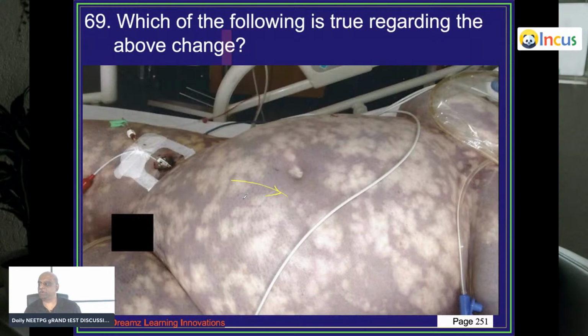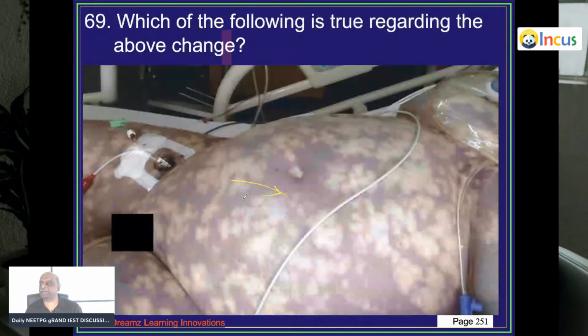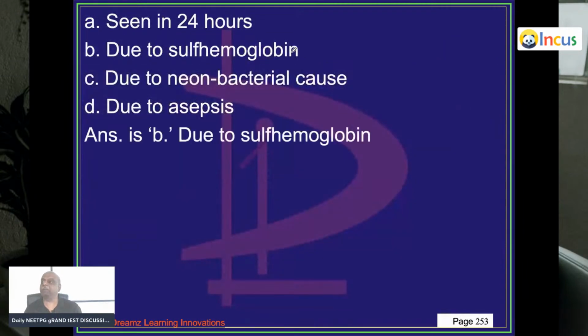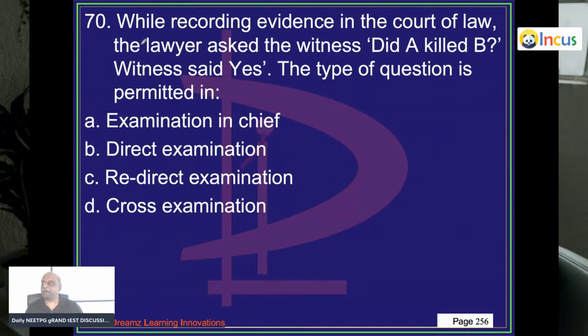Now, which of the following is true regarding this change? So, what is this change? Marbling of the skin. Marbling of the skin is because of sulfhemoglobin. It starts in 24 hours but is prominent in 36 to 48 hours. While recording evidence in court of law, the lawyer asked the witness, did A kill B? Witness said yes. What is this question called? Leading question. This type of leading question is permitted only in